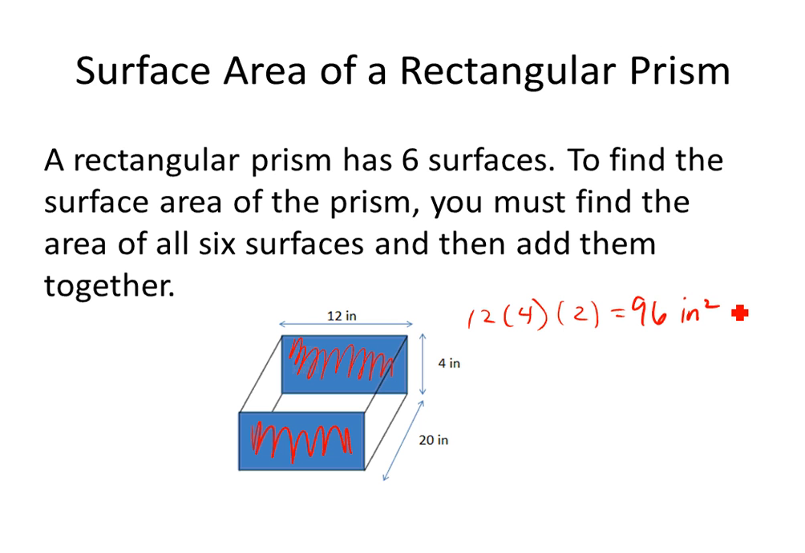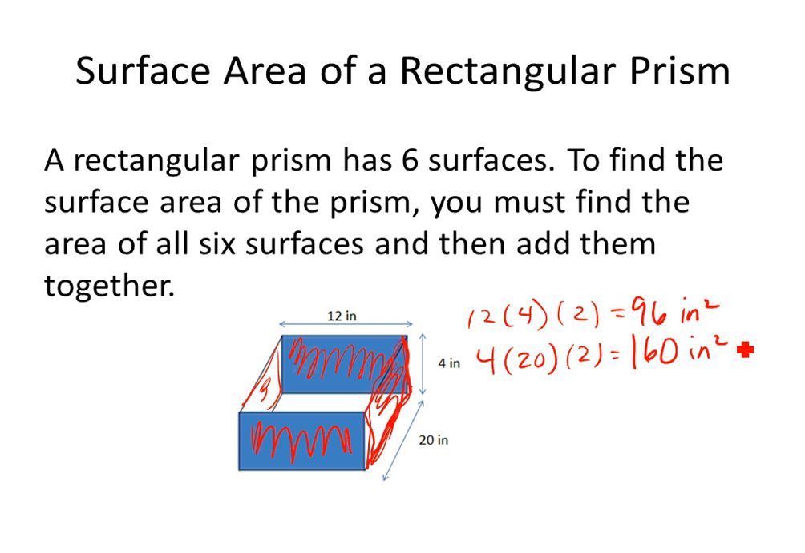And then I'm going to do the area of the side rectangle. So I'm going to be looking at this rectangle right here. The dimensions for that are 4 by 20. So to find the area, I'm going to do 4 times 20, because remember the area of a rectangle is length times width. And the area of this side will be the same as the area of this rectangle back here. So I'm going to multiply that by 2 also. So 4 times 20 times 2 is 160